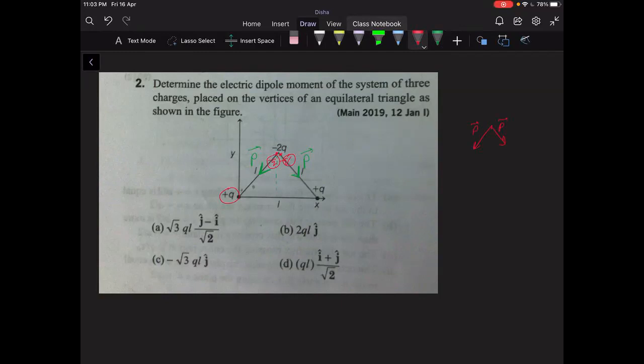Okay. The minus 2q, that's a key point, can be looked at as two separate charges, minus q, placed at the same point, one upon the other, or side by side, you can say. And then they will constitute two dipoles, one minus q, 2 plus q, and another one minus q, 2 plus q. If that makes any sense, right? This way and this way. And then these two dipoles will add up the way you just explained.